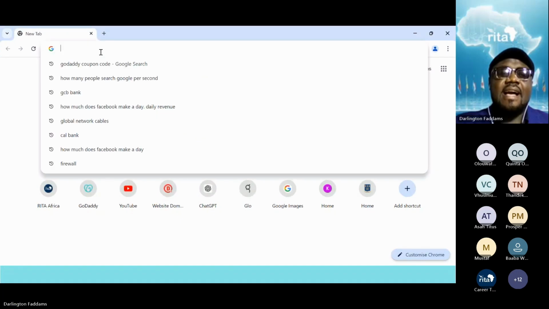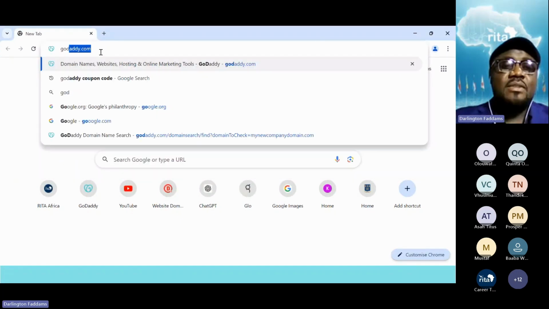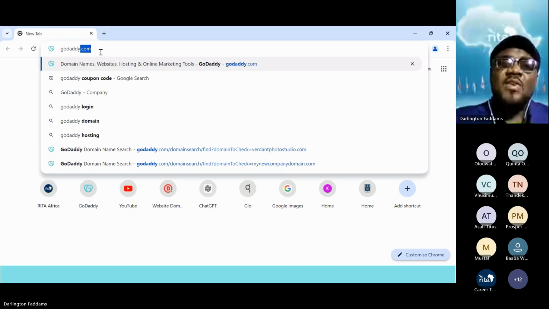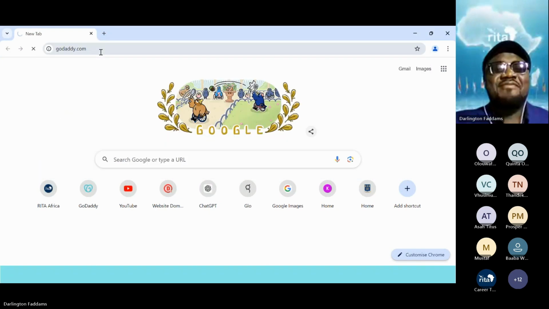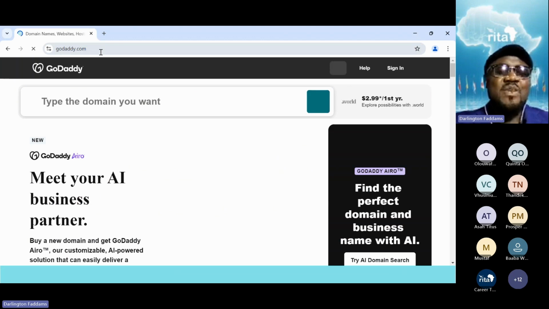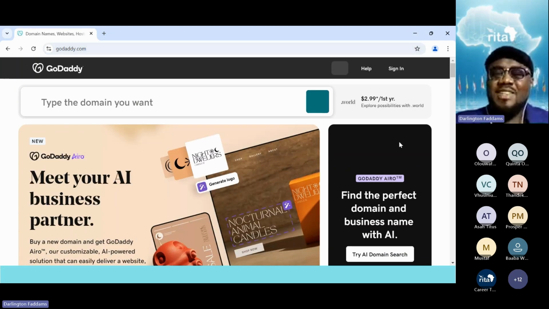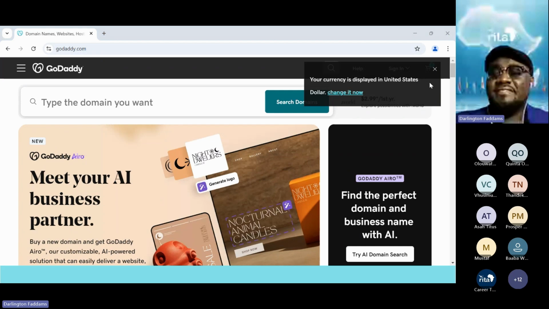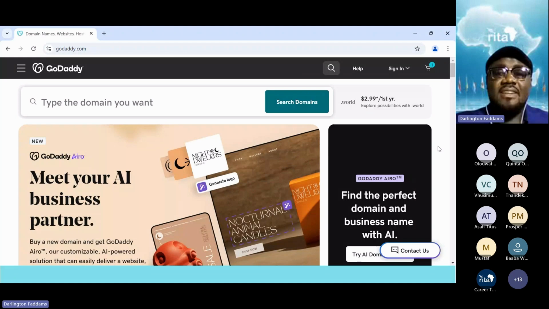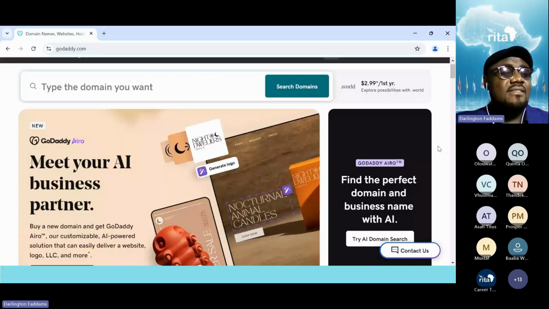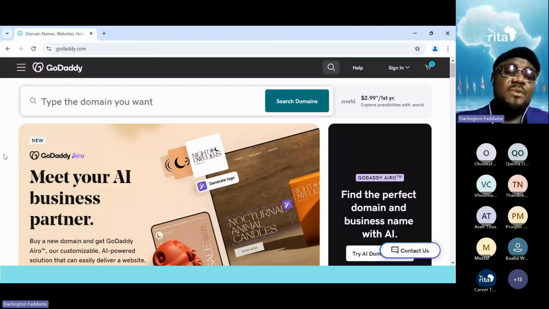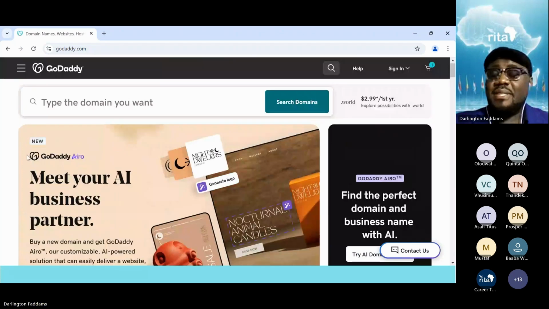And I want you to also open your browser and type GoDaddy.com. Students always ask me, what is GoDaddy? Why is it GoDaddy? Well, that is their company. They've been here for the past 20 years. Since I started web design, I've always been working with GoDaddy. They've been there all the time.